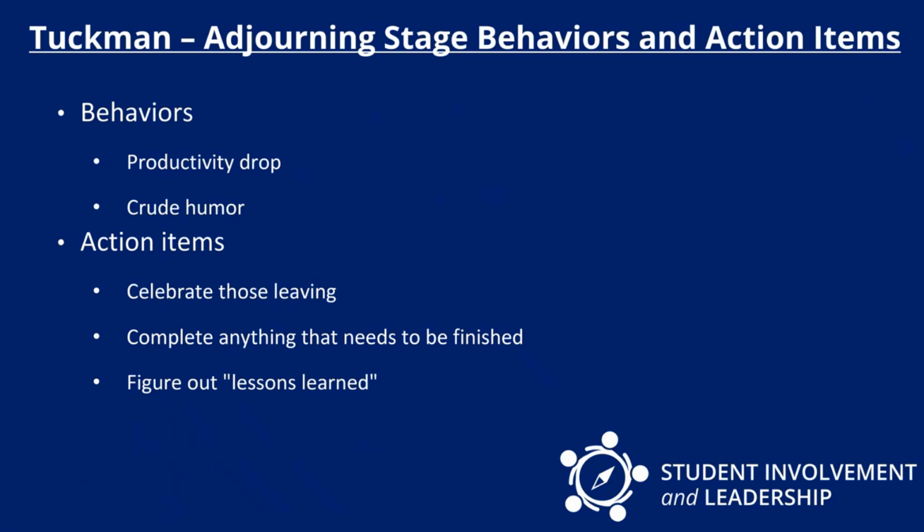Figure out what you really learned during this project individually or during that academic year to see how you can improve next year. You're never going to have a set method for doing things, and your group's goals might be changing over time, as well as how you run your group, depending on the individuals that are part of the group, as well as what just works best. And then turn your focus to the next project as well as recruitment, especially in the following fall, things like group fair, as well as tabling, and really just helping to get new members, both freshmen and other underclassmen or even upperclassmen involved in your organization.